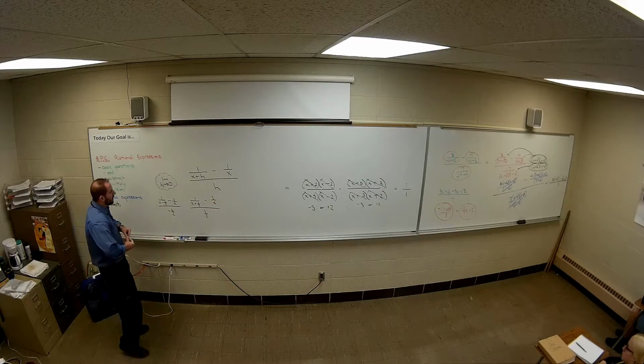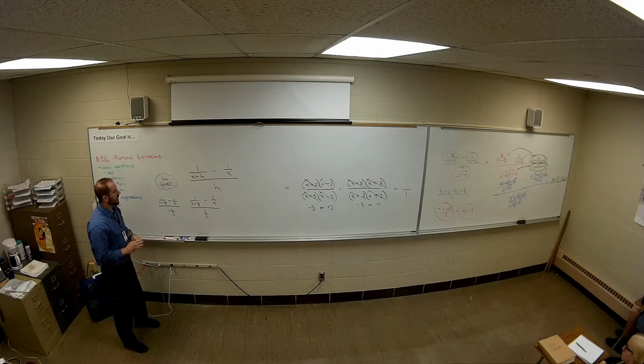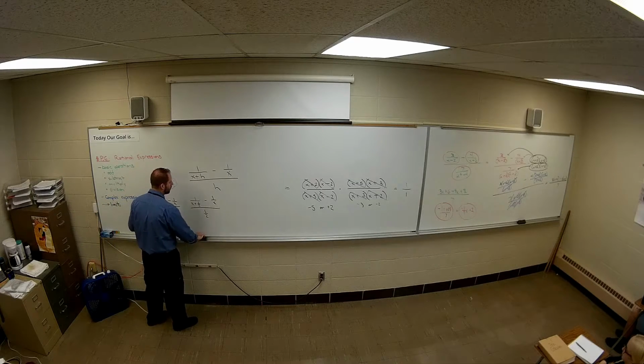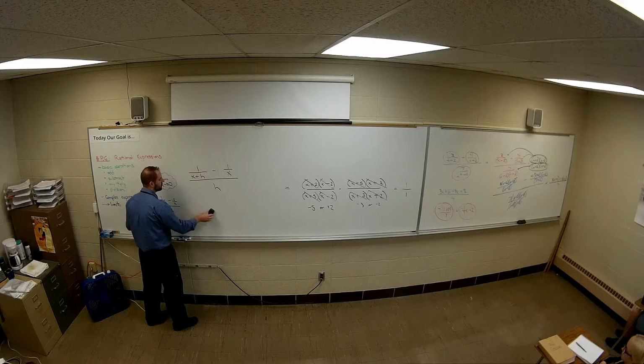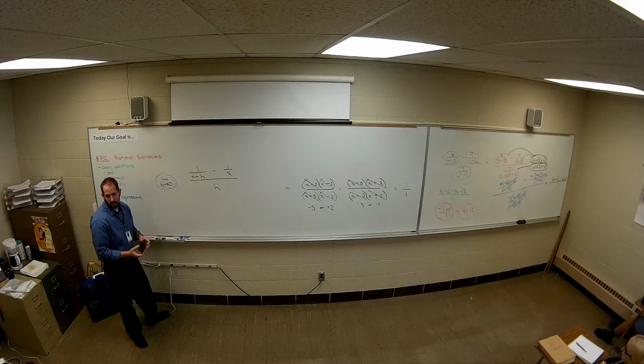Now, obviously, like you guys said, I can't just plug a 0 in here. That causes problems. So that's why we do the common denominator idea. So then that way I can actually simplify this problem down to figure out what it will approach as I get closer and closer to 0. All right, are there any questions with how I do that, like what we use limits for?